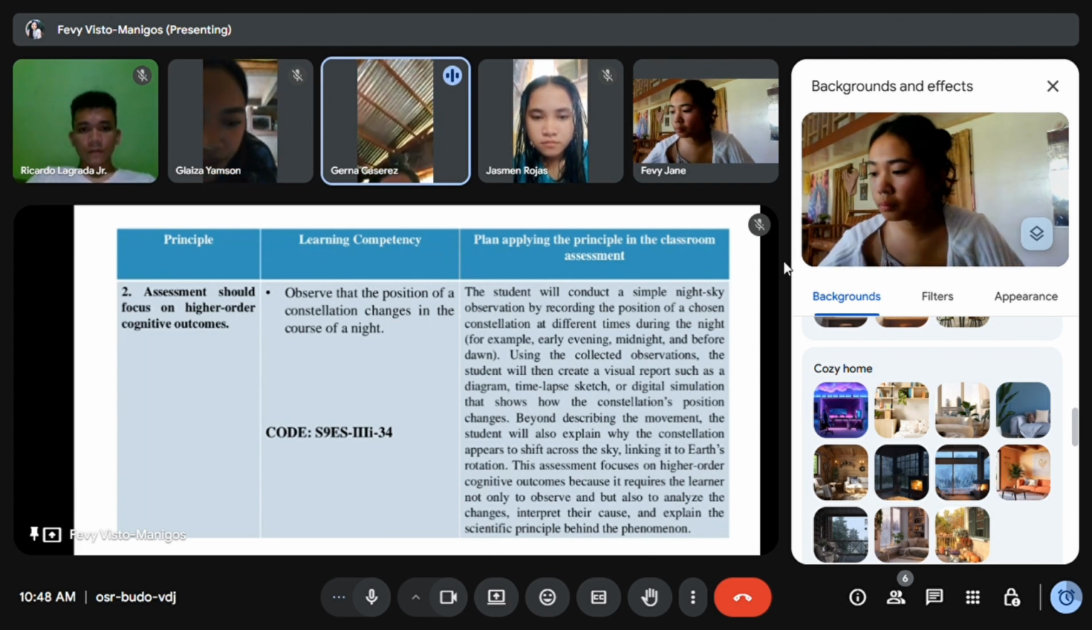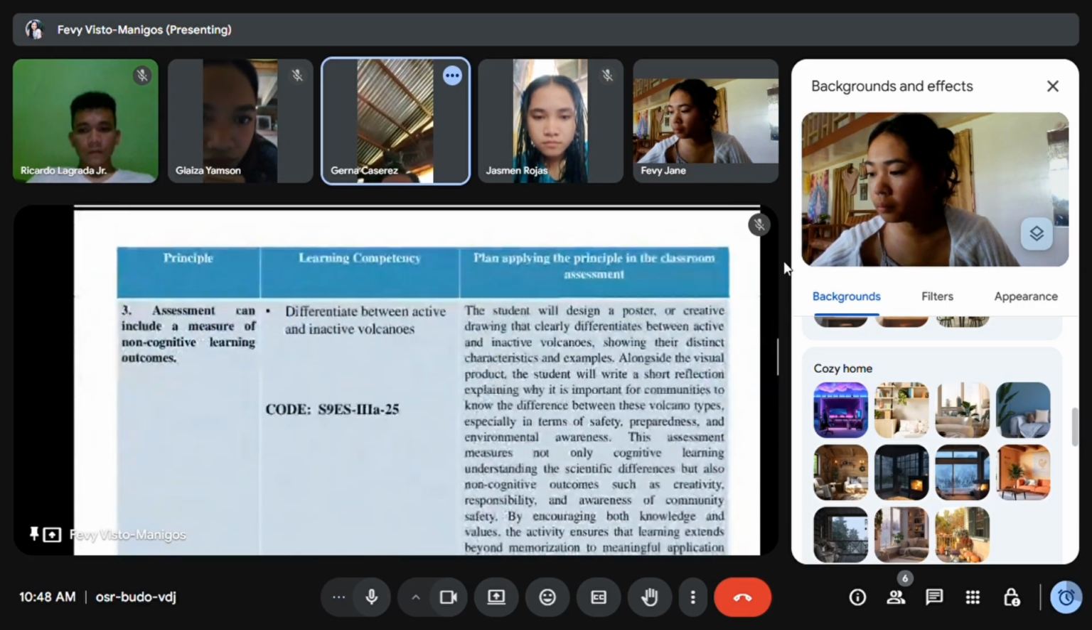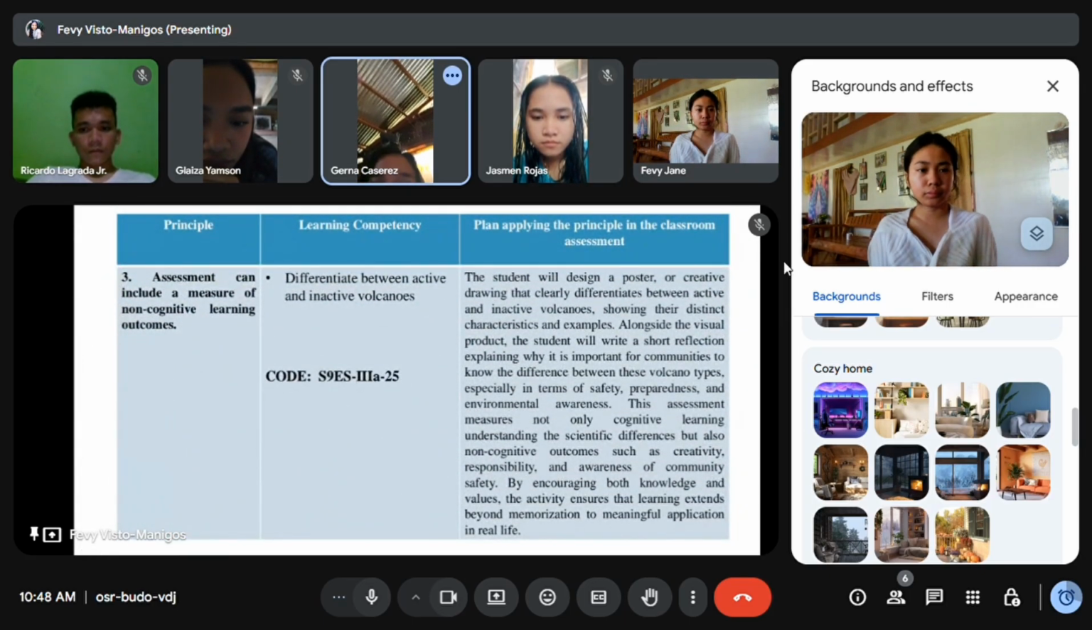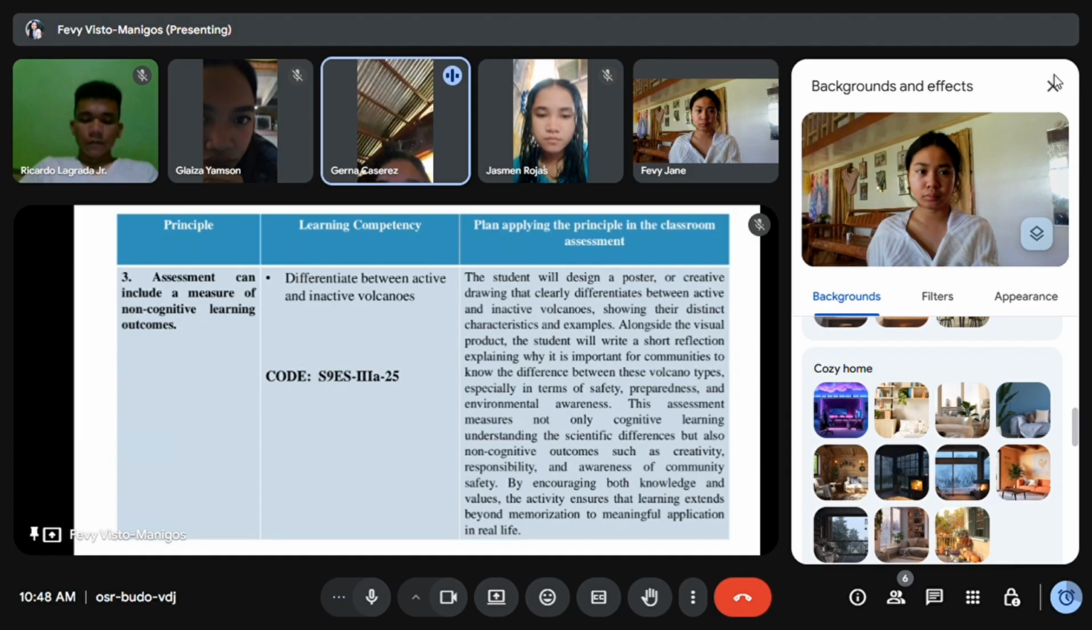Number three, in principle, assessment can include a measure of non-cognitive learning outcomes. In the learning competency, differentiate between active and inactive volcanoes. And in the plan applying the principle in the classroom assessment,